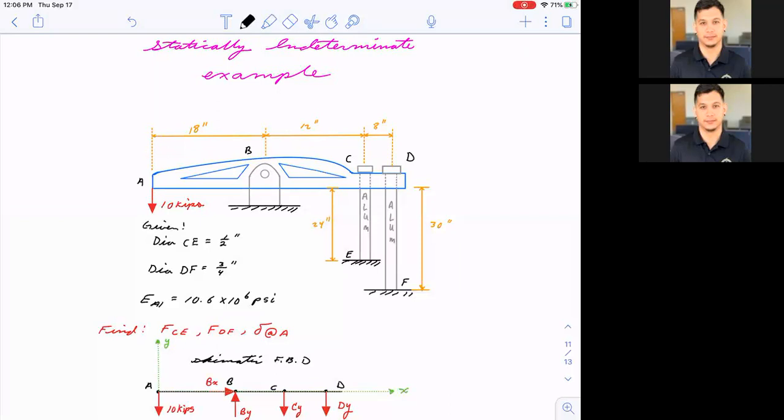They want us to find the forces in member CE and the forces in member DF, and also